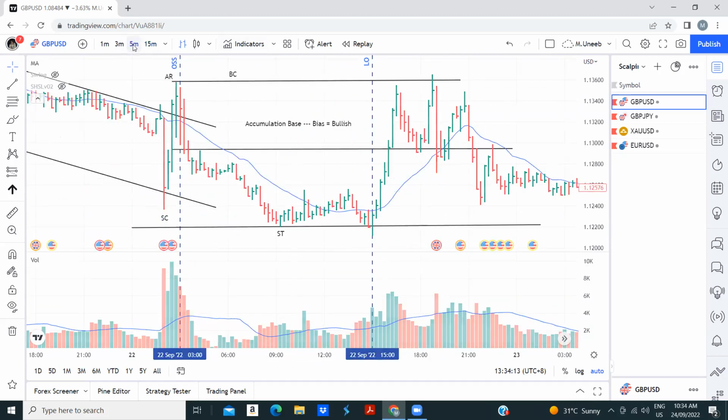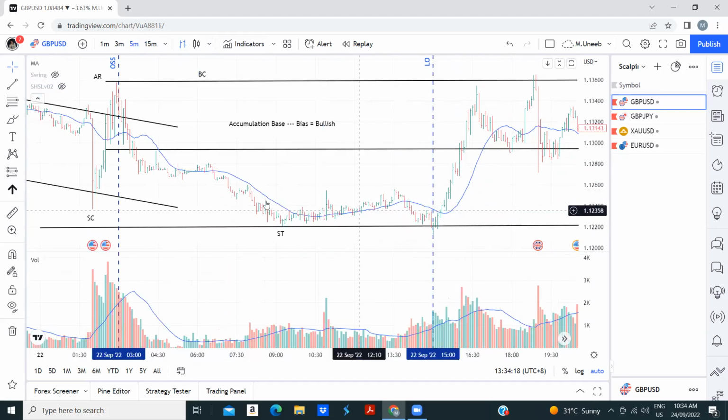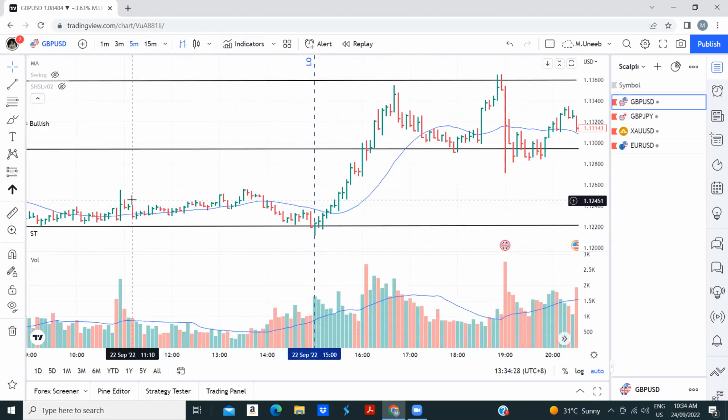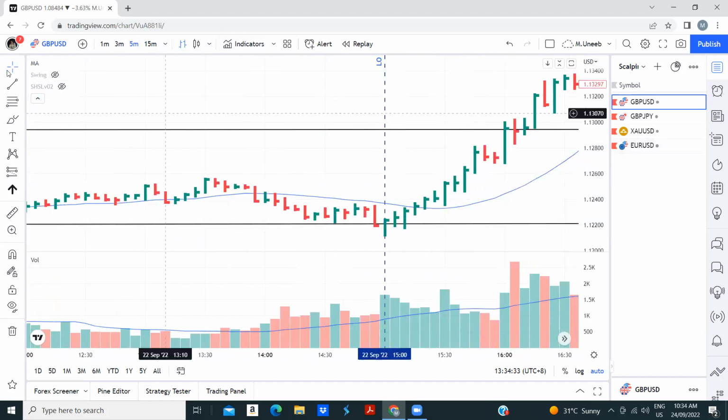Now we go to the 5-minute time frame. So right now, since we are near what? We are near the selling climax region. We are near this overnight low. So this region is what? Can you tell me? This is overnight low. This becomes what? Accumulation, right? And now during this accumulation,